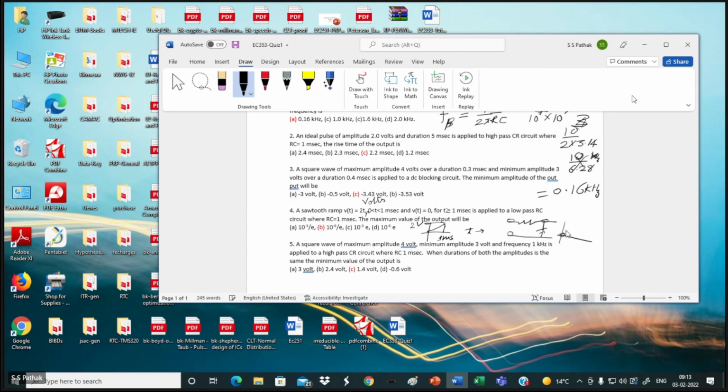So what is that? This one will be your Vi(t). That is the ramp now applied. Capacitor is charging by that. It is 0 here, initially it is 0. Now it will start rising. So it will be 1 minus e to the power minus t by RC. T goes from 0 to 1.